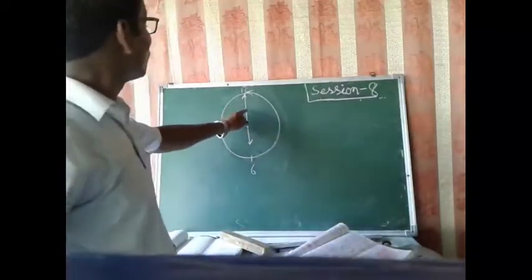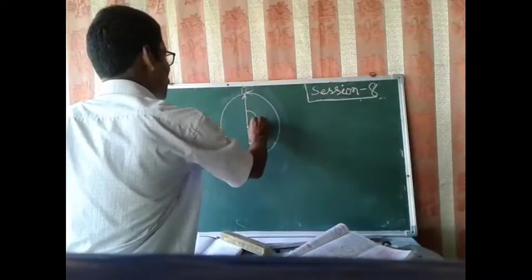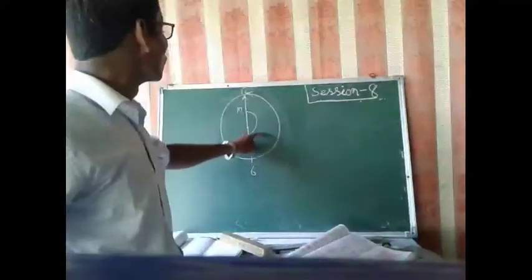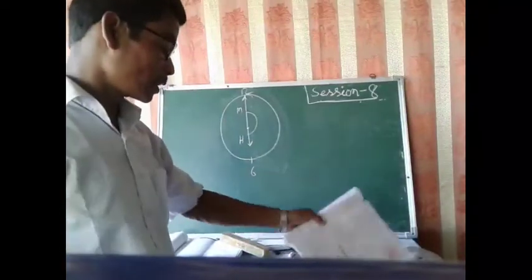So the angle between, this is the minute hand and this is the hour hand. This angle is 180 degrees. Therefore the angle between the north direction,